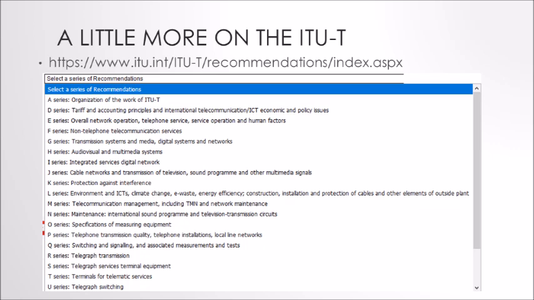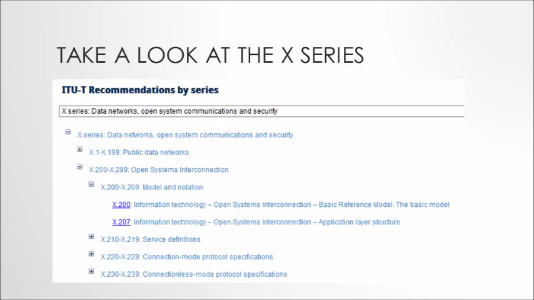So you can actually go out to the ITU-T site and get a list in a drop-down box of all of the available recommendations. Now, there are hundreds of them, and they're organized by these letter-based categories. So you VoIP folks might want to go out and take a look at the G series or the H series that define the codecs. The P series is about operation, and so you can see some of these other standards here.